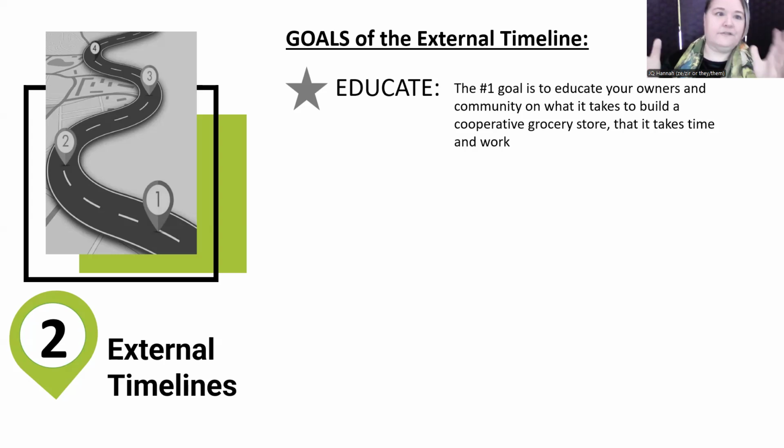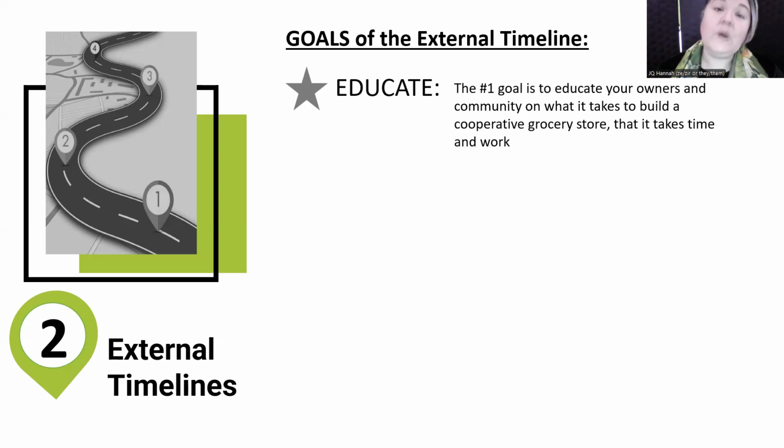We have this idea for a store, and we got this far along, and everyone's like, what? We didn't even know it was going to be a grocery store. We thought it was going to be a food bank. And we've seen that happen, right? So what we need to be doing is taking people along through education. And a tool like an external timeline is a very quick, easy educational tool for folks so they understand what it takes to